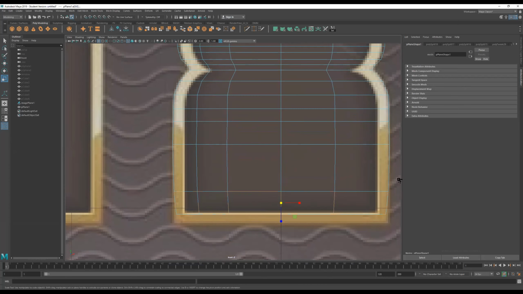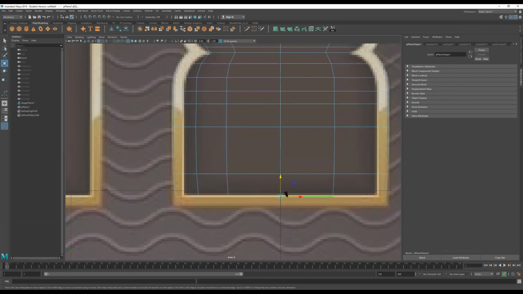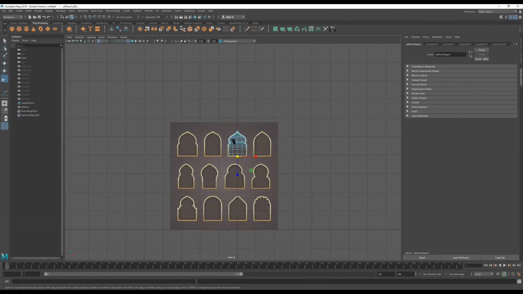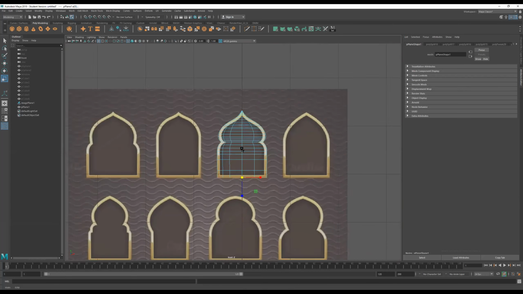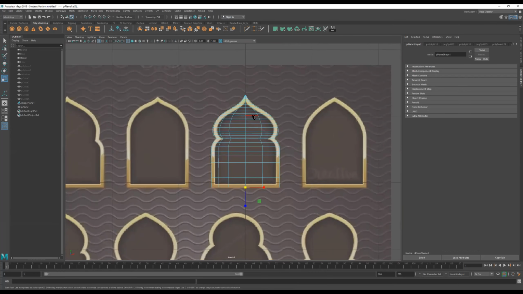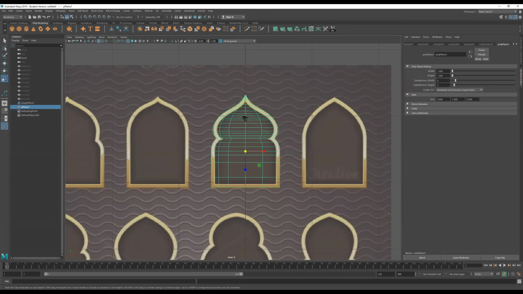Okay. Select all those, deselect. So you just got to watch out for the top and the bottom when it comes to those edges. All right, so I believe we have a good amount of this. So now, first thing I'm going to do is this. I'm going to do